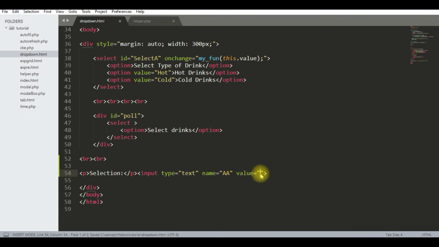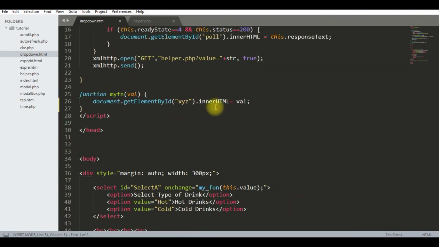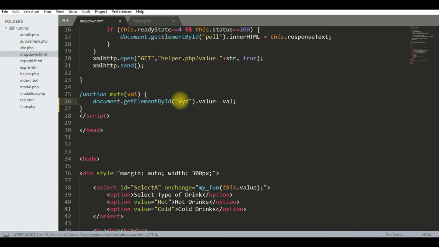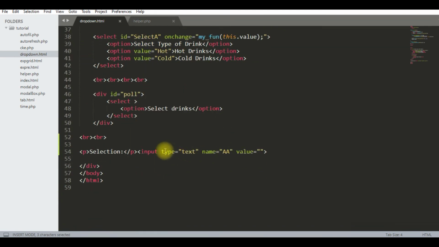Now we are putting the value blank. Now to put a value inside, we have to write here value, and we have to give this input the ID.